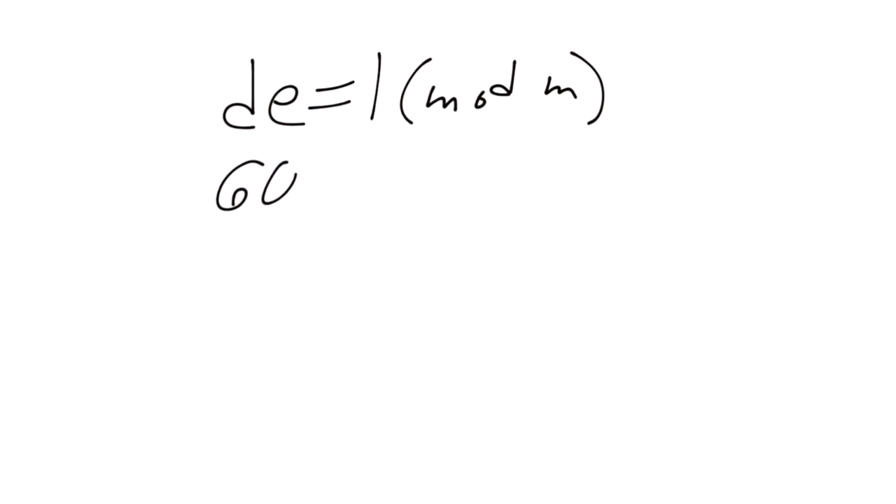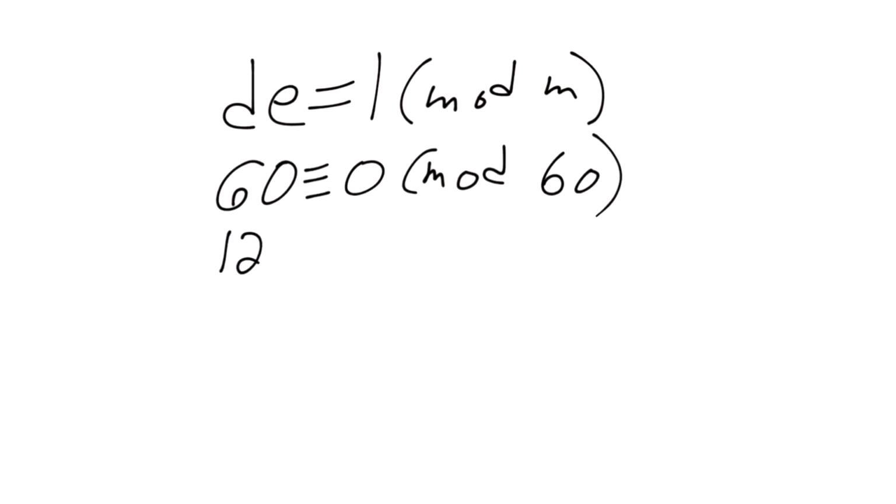A clock, for example, uses modular arithmetic. 1 minute after 1:59 is 2 o'clock, not 1:60. The minute hand has wrapped around to 0 upon reaching an upper bound of 60. So we can say 60 is equivalent to 0 mod 60, and 125 is equivalent to 65 is equivalent to